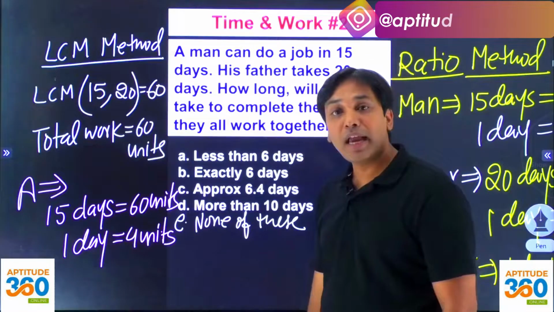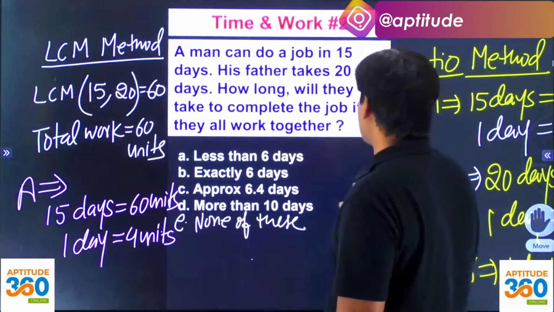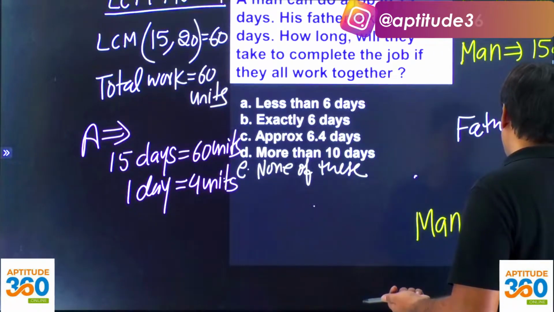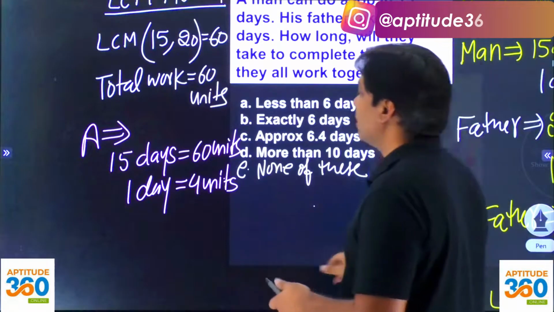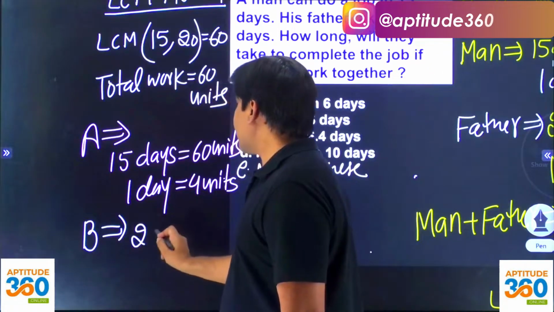आप तो इसको मेंटल कैलकुलेशन करके निकाल दोगे. So this person A is doing 4 units per day, and how much B is going to be doing? How much B is going to be doing at the rate? What is going to be the rate? In fact, what are we doing here? We're trying to find out what is the rate. So rate of the work. If B in 20 days,